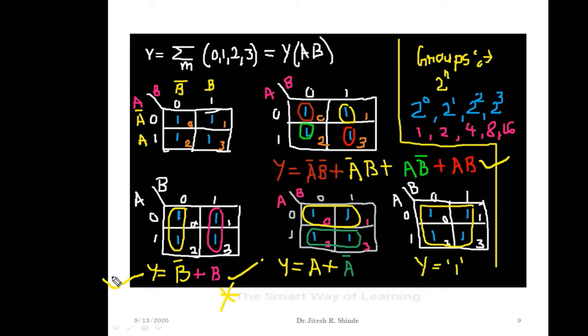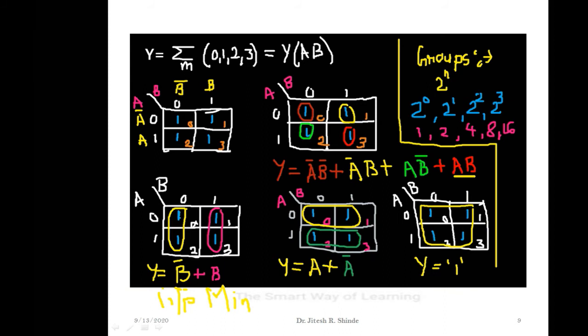Moreover, one more conclusion we can draw: if we go with a group of higher order of ones, in each product term there are 2 literals present. Now if I go with a group of 2 ones, one input literal is eliminated from the min term. Each min term consists of only one literal.